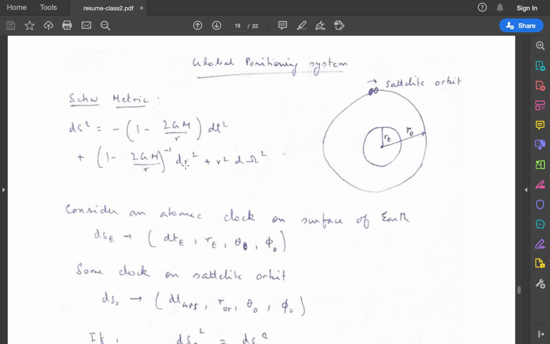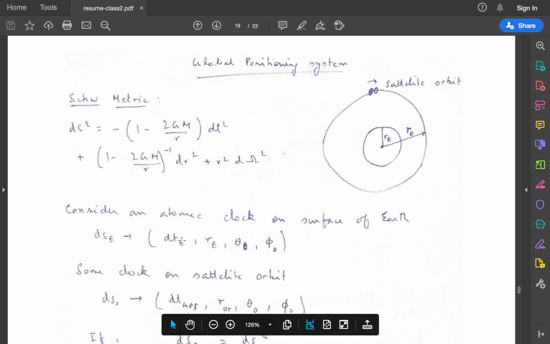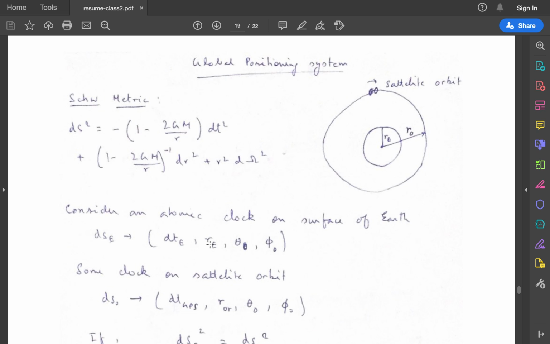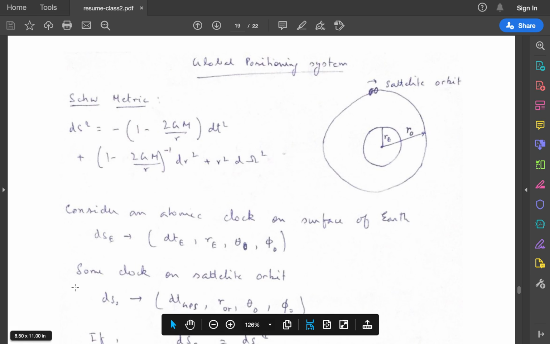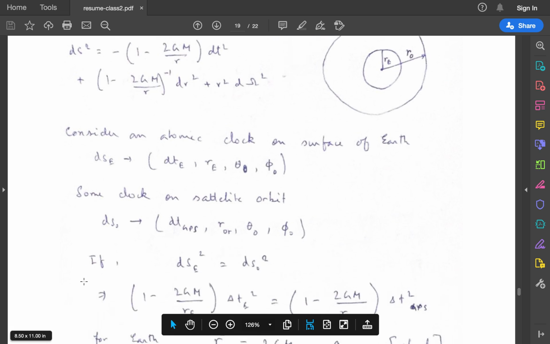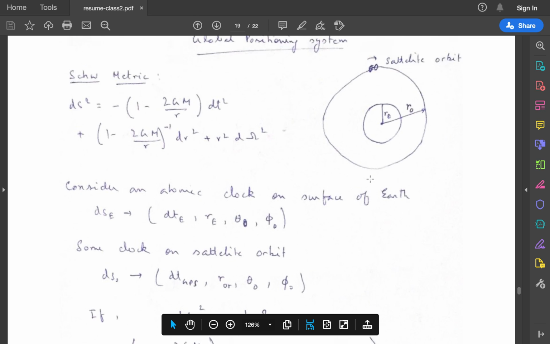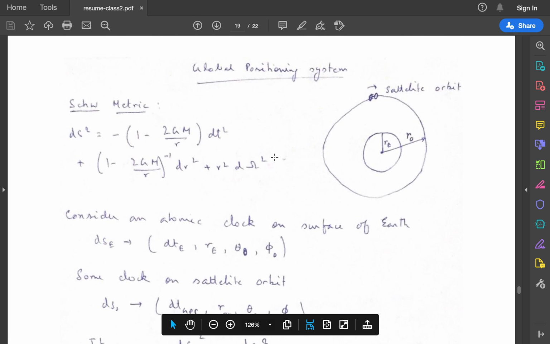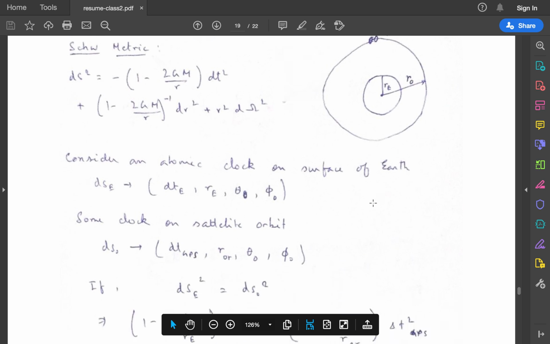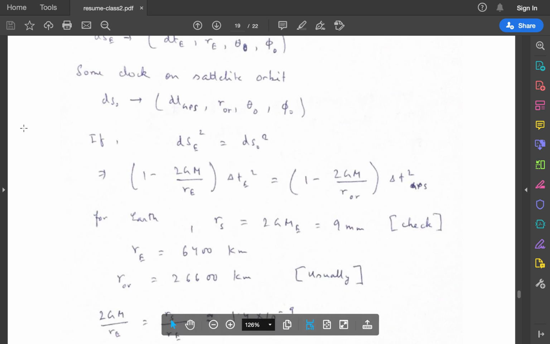Okay, so let us now consider an atomic clock at the surface of the Earth, which is given by, let us say, the metric element or the coordinates are given by dt_E for Earth, at the radius r_E, and it has a particular angular coordinate theta 0 and phi 0. We also have some clock at a satellite which is moving around the Earth. The satellite is moving around the Earth, and it also has a clock, and the coordinate of the clock is given by